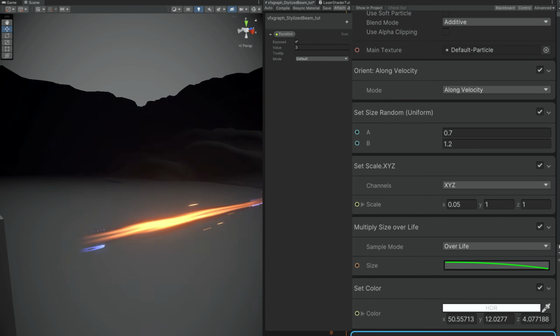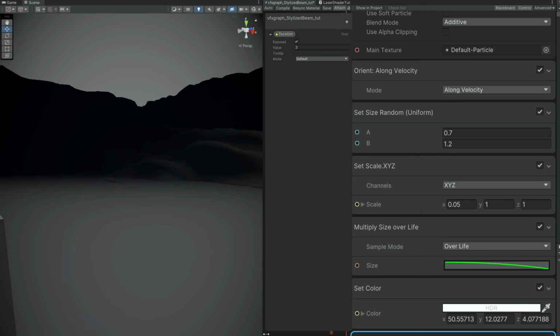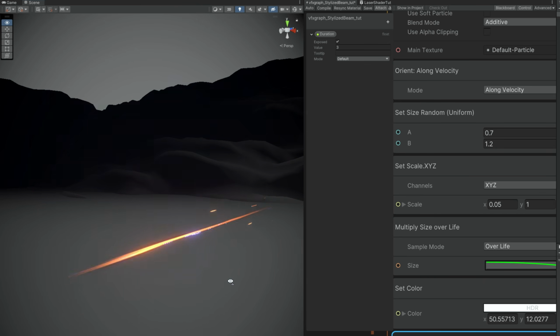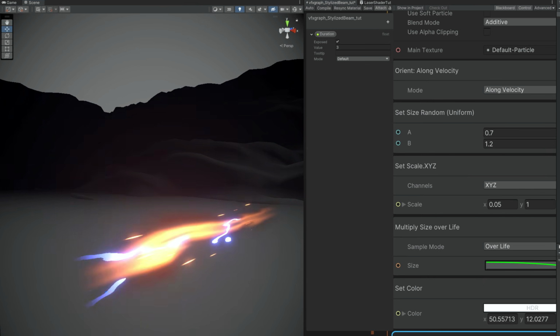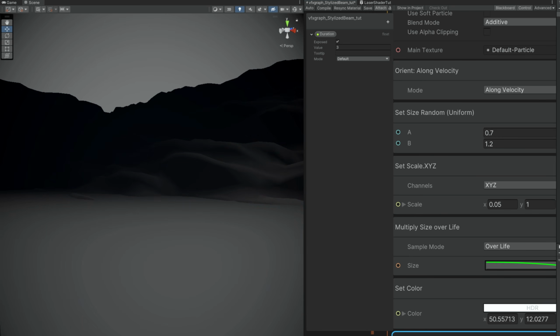And if we compile this, as you can see, we get a really nice set of particles, of sparks flying at high velocity along the beam, and that adds a nice touch of motion. Looking very good, very interesting. One last thing we can quickly see is how to add a flash in the beginning.